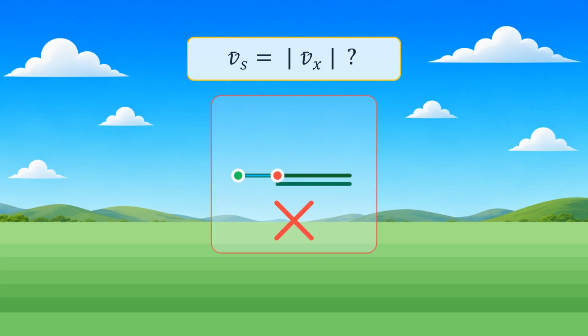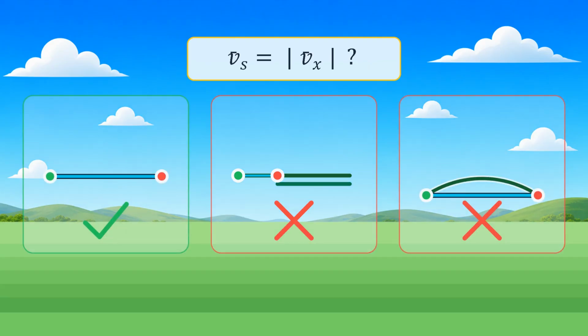This example reveals an important trap. Straight line motion by itself is not enough. An object can remain on one straight line and still reverse direction. The return motion adds distance while reducing the separation between the initial and final positions. The complete condition is more precise. Average speed and the magnitude of average velocity are equal when the object moves along a straight line without reversing direction. In other words, the object must progress directly from its initial position toward its final position, with no turn